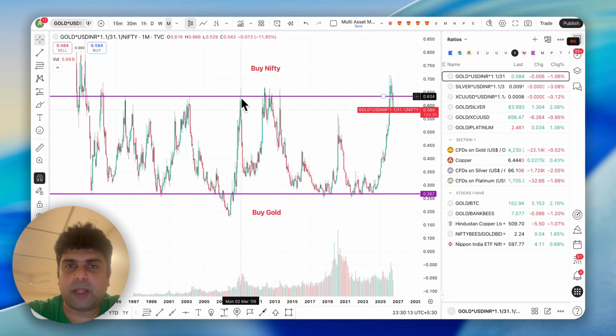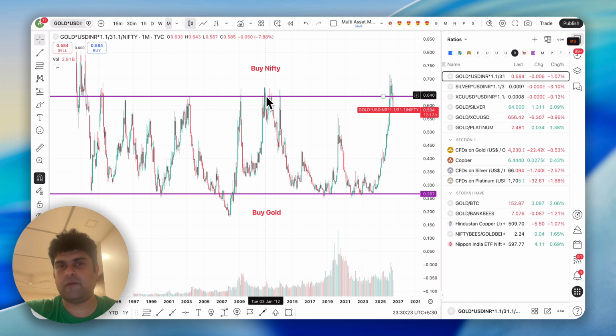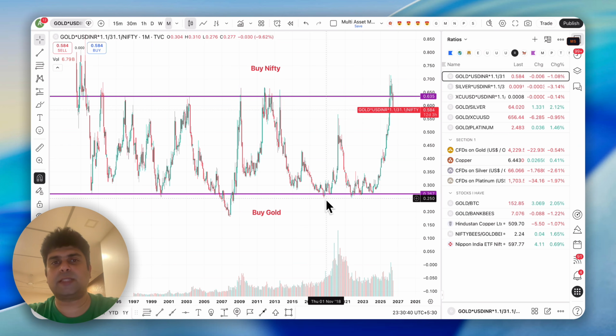So let's say you've bought Nifty here, right? You will end up buying Nifty here also, but you will notice that the Nifty point here that you bought and the Nifty point here that you bought are already far away from each other, right? It might already be 10% or 15% or 20% or 30% up. So this point might be 30% higher than what you had bought over here. So it's more like an accumulation that you're doing until it reaches the other side. Once it reaches the other side, it means it's time to liquidate. You have to liquidate that particular asset class and move it back into the other asset class.